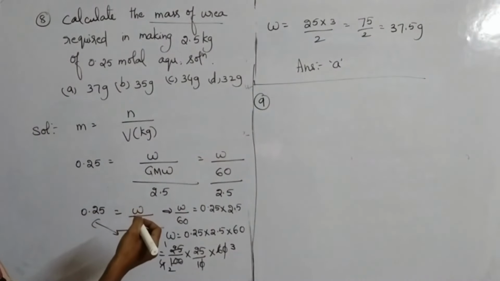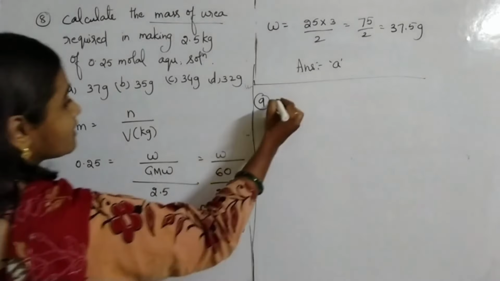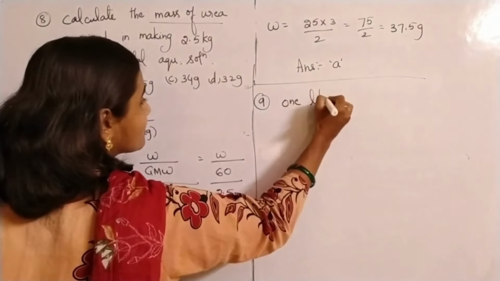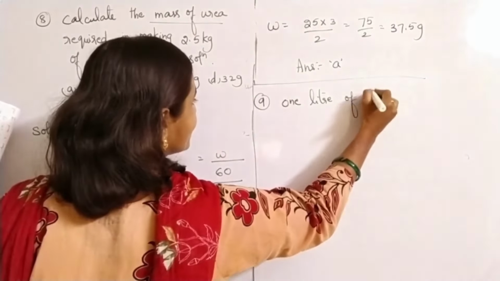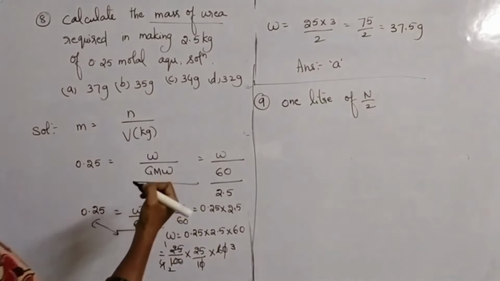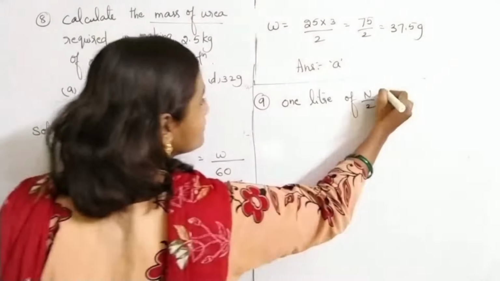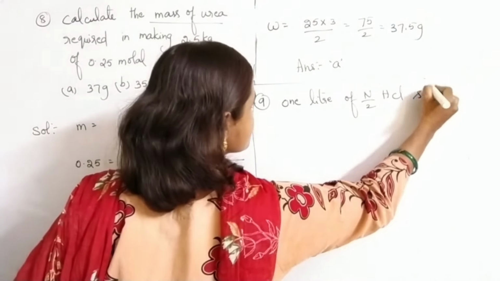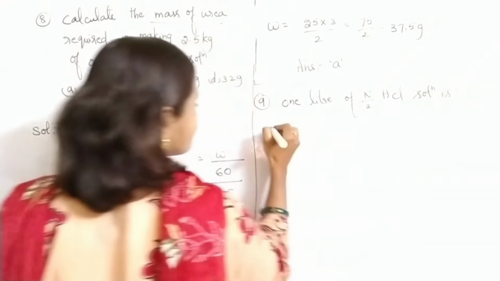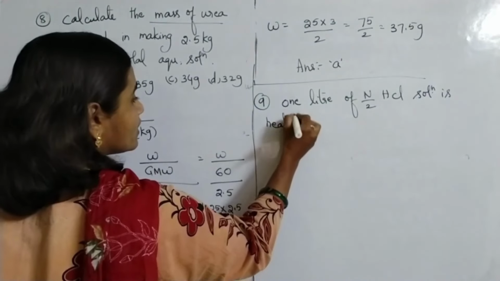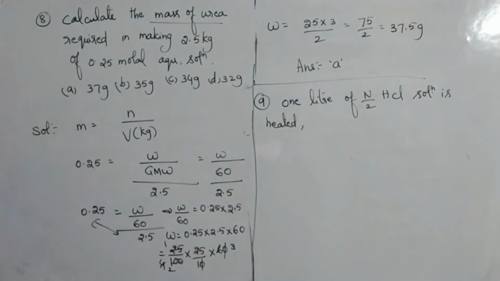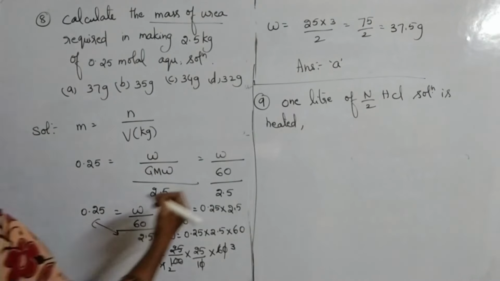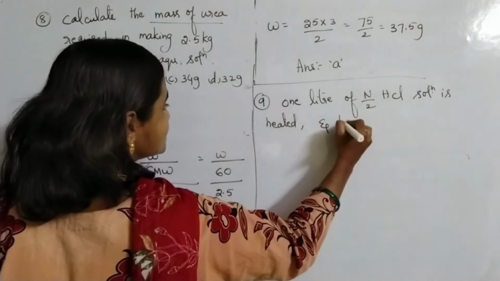1 liter of N/2 HCl solution is heated in a beaker. N/2 means what? Normality is 0.5. The HCl solution is heated, and it is observed that when the volume was reduced to 600 ml,